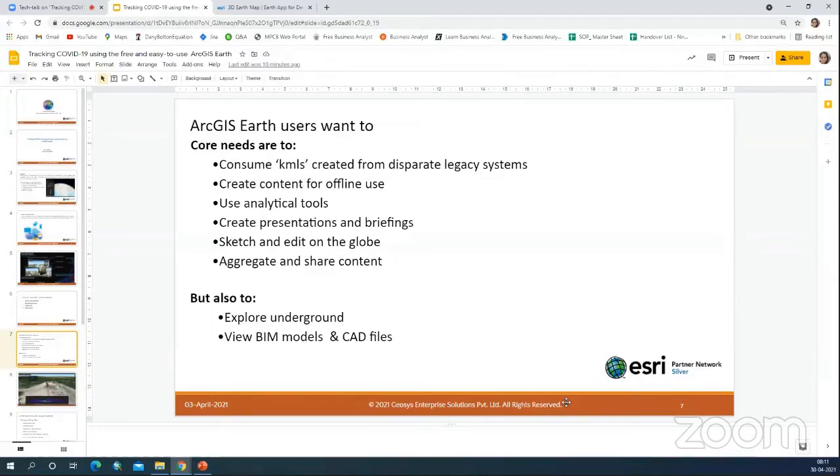And you can even aggregate these features and share your content on the web. This ArcGIS Earth also has the capability to explore the features underground, and you can also view building information models and CAD files in a prominent way in ArcGIS Earth.